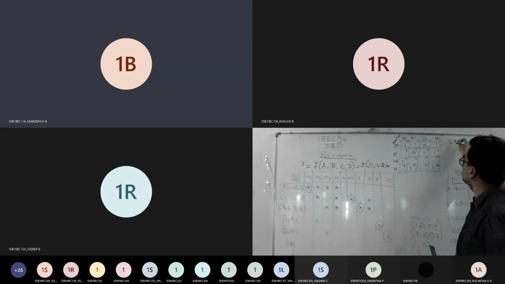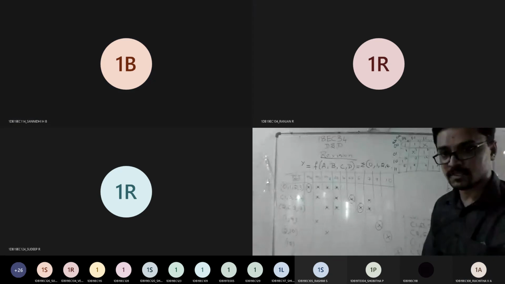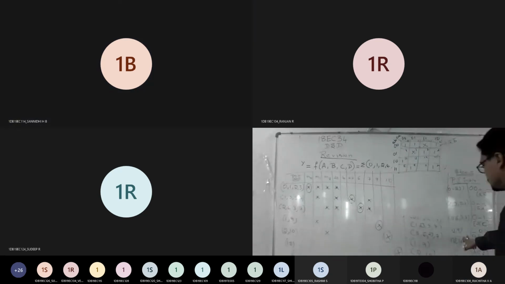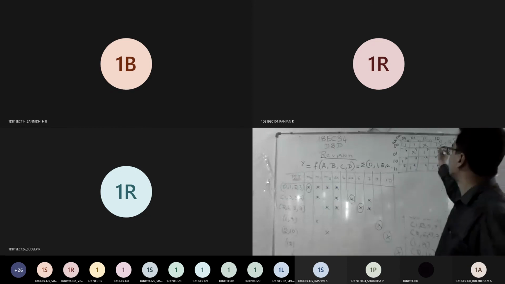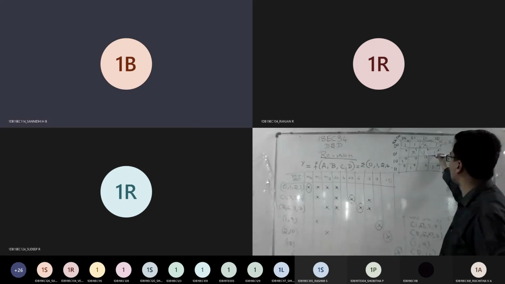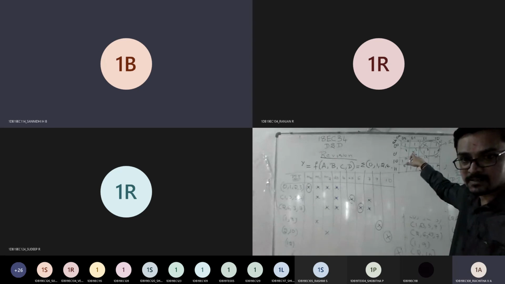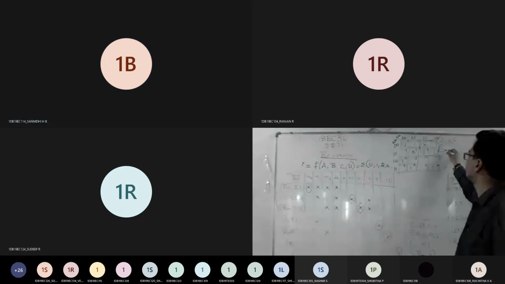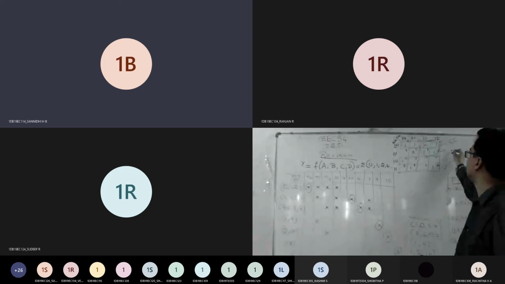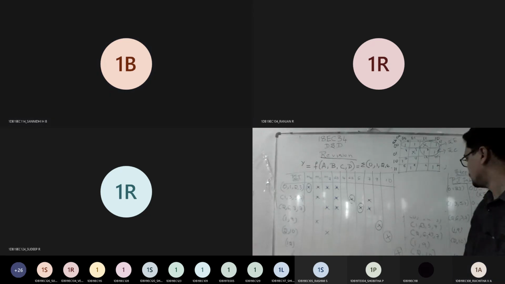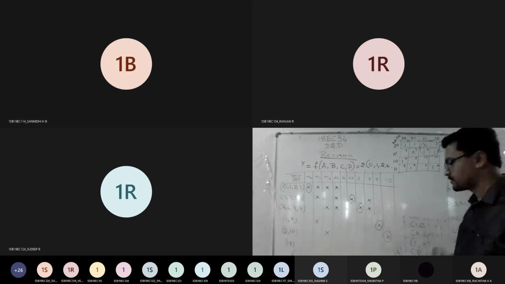So what is the expression from this? Is it A bar, B bar? Yes, sir. So first answer matched. First answer what we got, A bar, B bar, that is matched. Next, can I take this combination as one more quad? Yes, sir. This combination, what is the answer? So this is A bar C. So your second answer was matching.